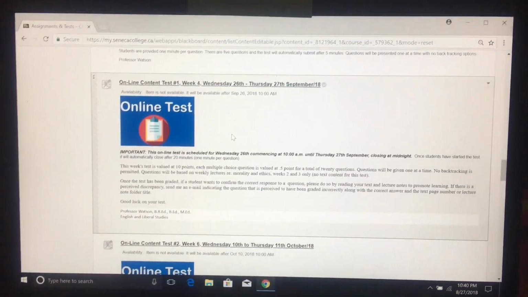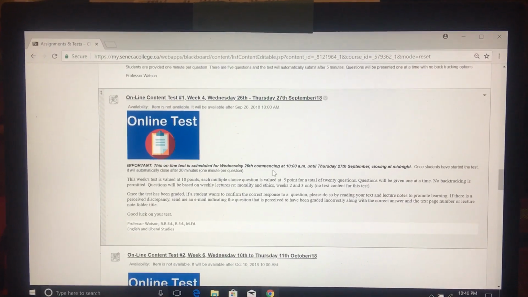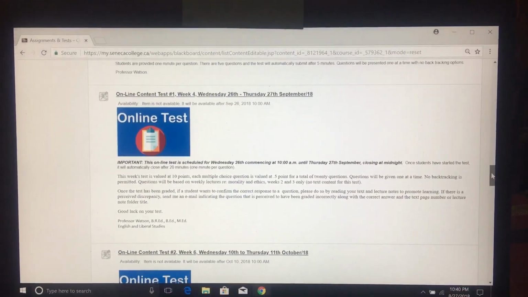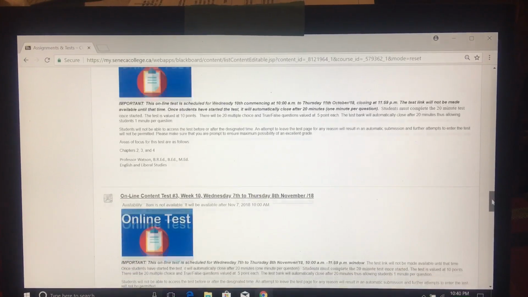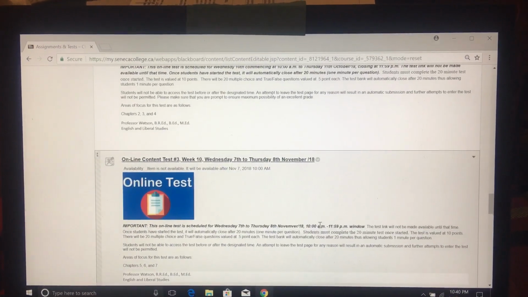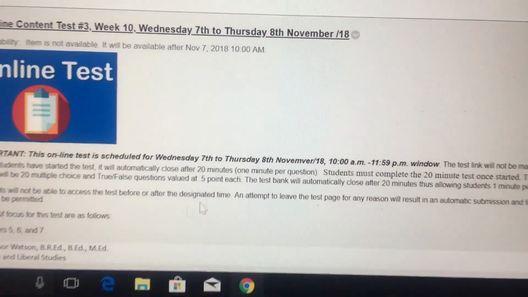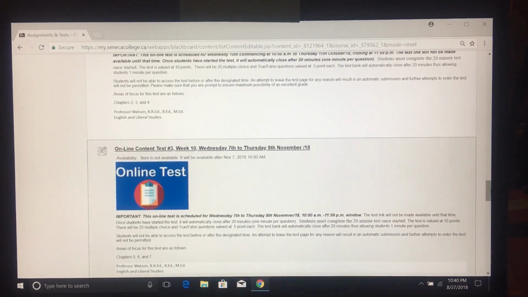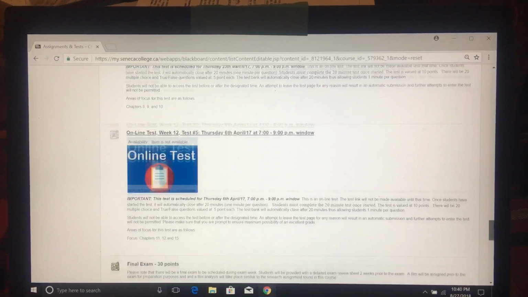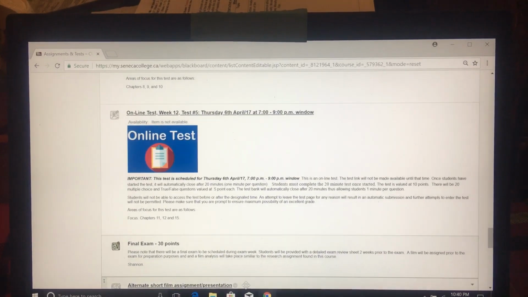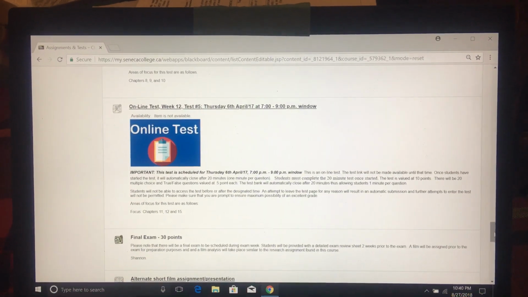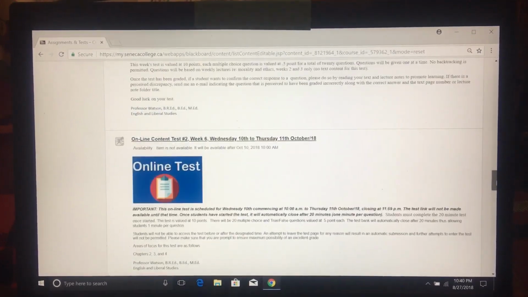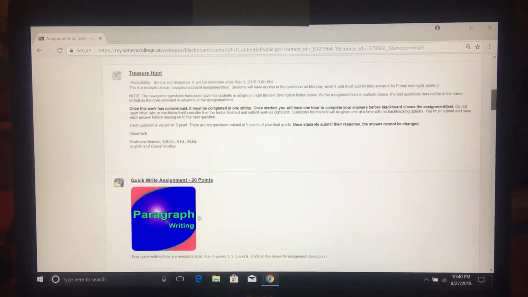This hand signature will become lit up, which will show that it's actually active. You will have 2 days to write the test. Here are the dates. You will see the links repeated 3 times, as there's 3 online content tests. If you check here, it tells you the dates and the times that the tests take place. Also, if you look down the page even further, it tells you the chapters, the materials that are going to be covered on each test. So that's it for the tests. And your final exam is valued at 30 points. It's an on-campus exam at the York site only.